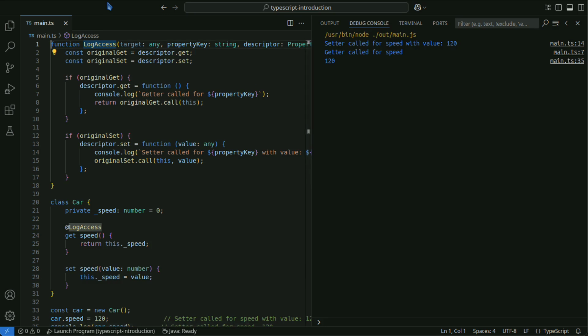In this example, an accessor decorator is used to log output when the getter and setter are called.